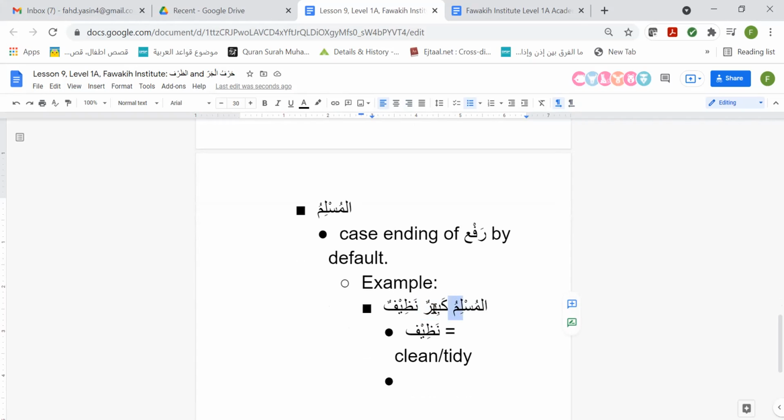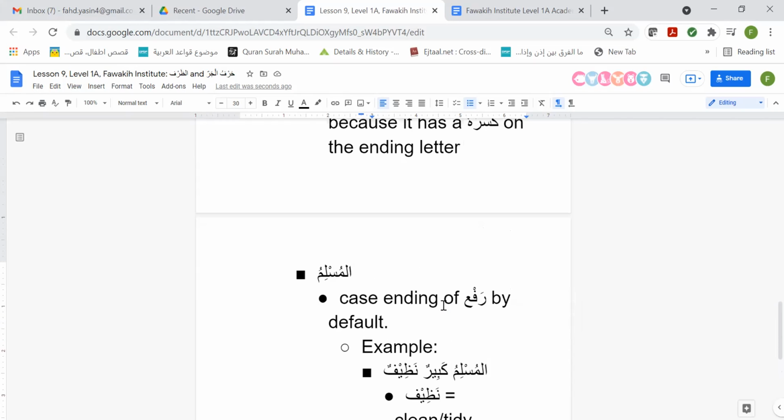But now notice here, there is a word coming beforehand. So in that case, why is this still in the state of rafa? Didn't I just say that if there's a word before it, it should necessitate it being in another case, right? That's what I had just said. That's true, except the key is that it's all about what comes before that word. Certain words have to be put beforehand for it to be in a different state. They call these huruf al-jar, meaning the prepositions, or the letters, oftentimes it's letters, that specifically indicate the state of jar.